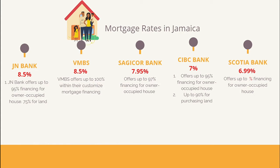The Jamaica National Bank offers up to 95% financing for owner-occupied house, meaning that if you are purchasing the house to live in and not as an investment property, they will offer you up to 95% financing for that house. If you are in the process of purchasing lands, the Jamaica National will lend you up to